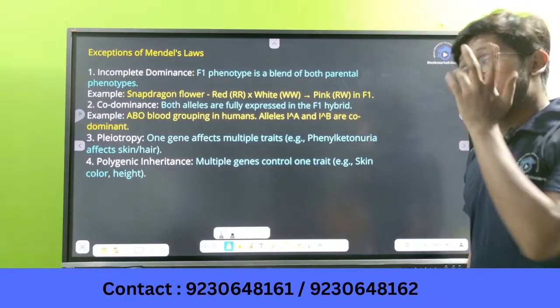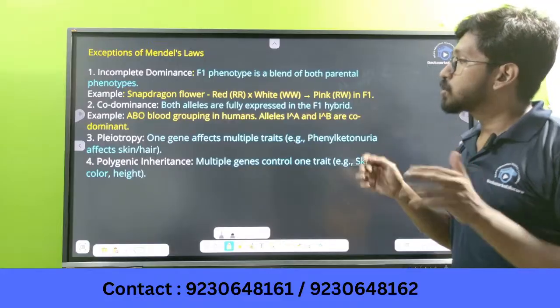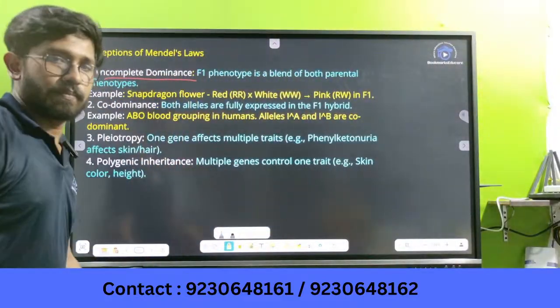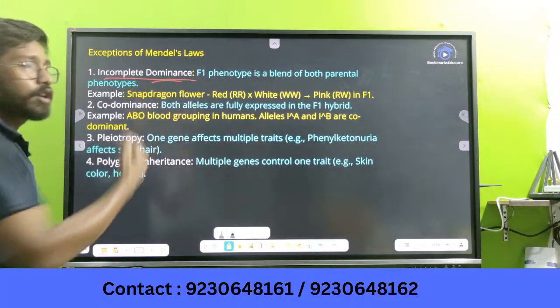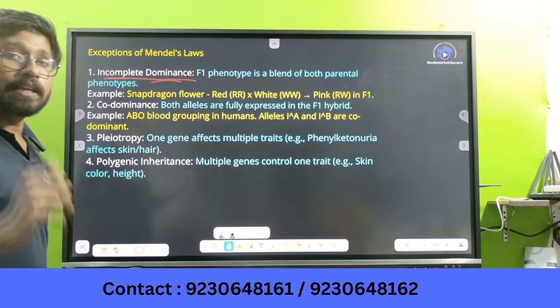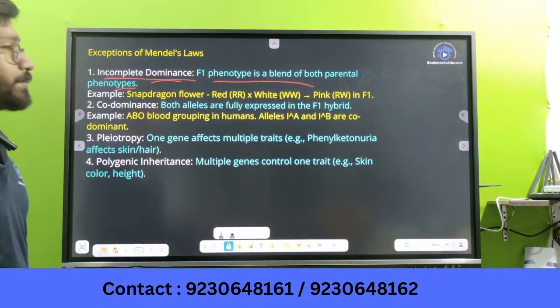Now let's see some exceptions to Mendel's laws. Right now I said that there are exceptions. So let's see these exceptions. Incomplete dominance, right? Right now I showed you what dominance is. Now let's see what incomplete dominance is. In incomplete dominance, the phenotype is a blend of both parental types. Meaning,